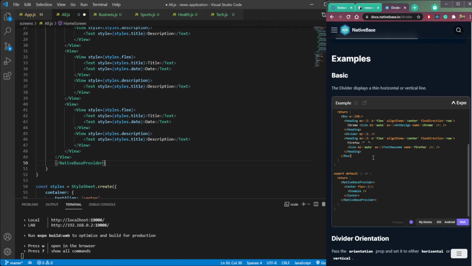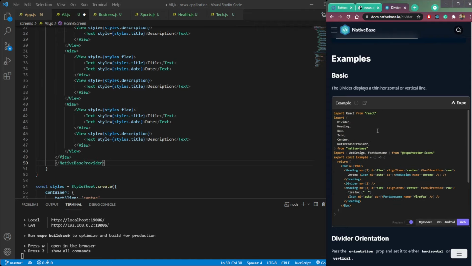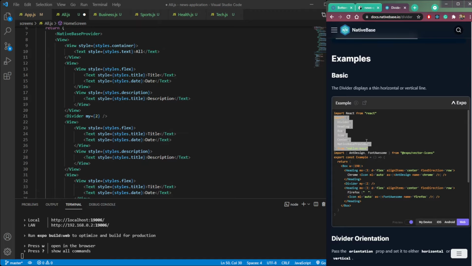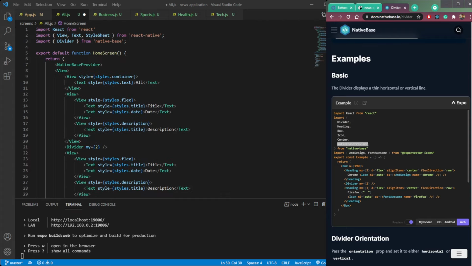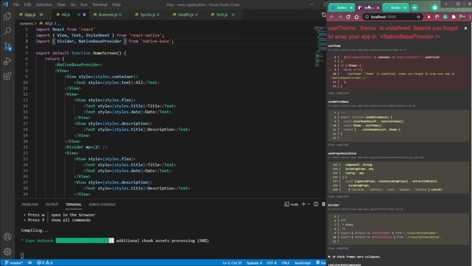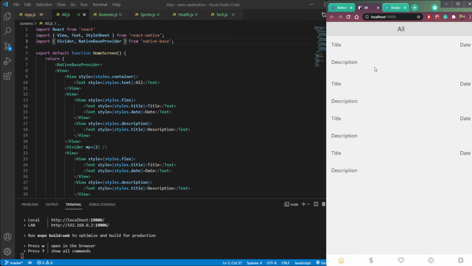and then we also need to import it. So we need to import this Native Base provider. So just copy it and paste it here. Now you can see we have the divider, but the color is very light.